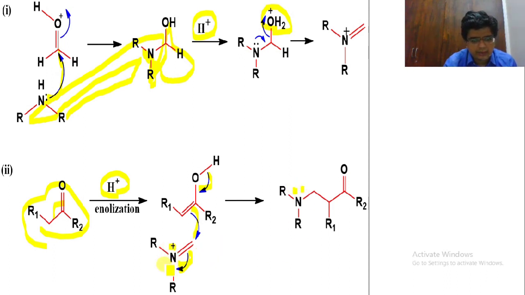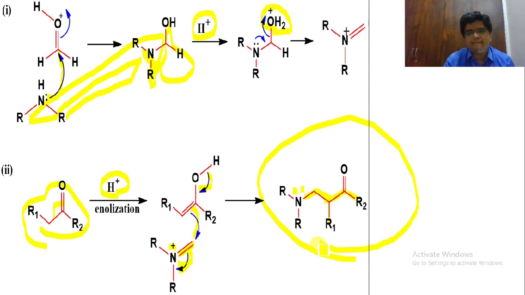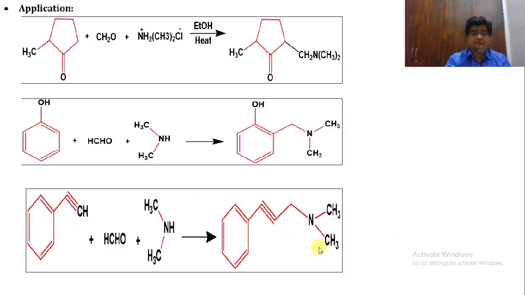So now I am writing down over here R and nitrogen, that is R. Here we are having a CH2 group over here. So here we are having again CH linkage, that is attached towards the R1, that is attached towards the C double bond O, and this is our R2. So this is our Mannich base compound. So this is our Mannich reaction.